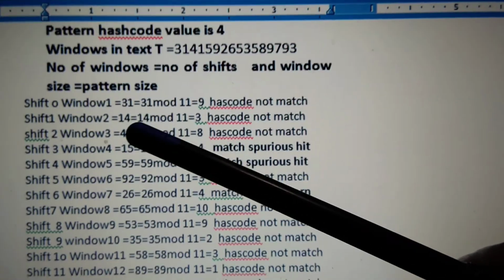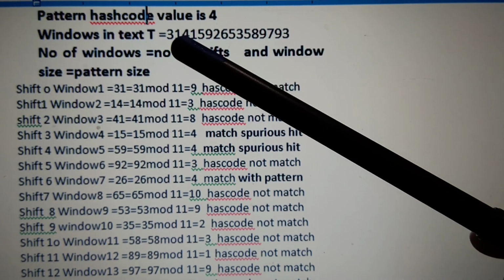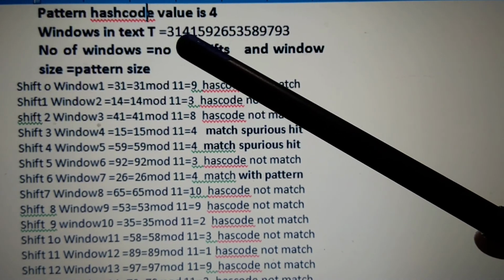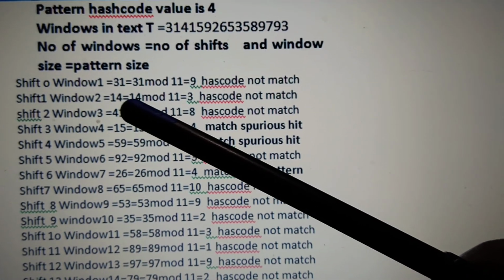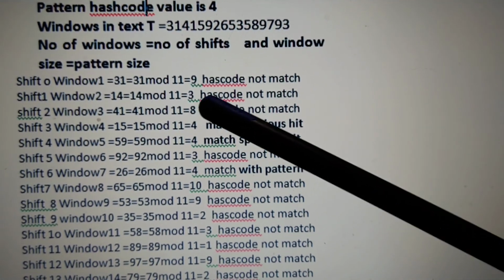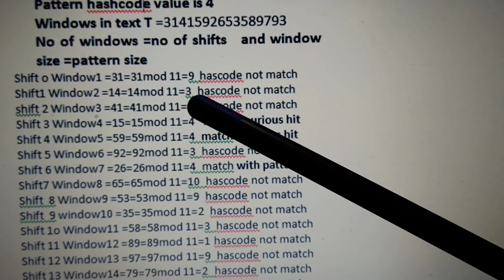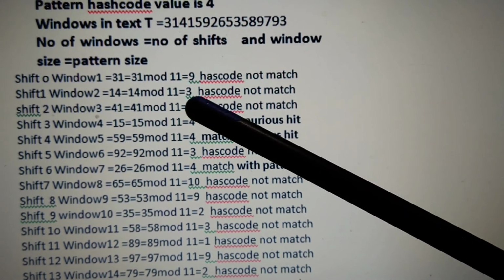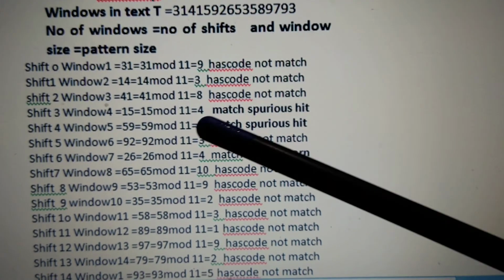The next window is the second and third characters, 14. Again apply the hash function and we get the remainder 3. So the hash code of window 2 is 3, which is not equal to the pattern hash code. Again the hash code is not matched, so go for the third window.